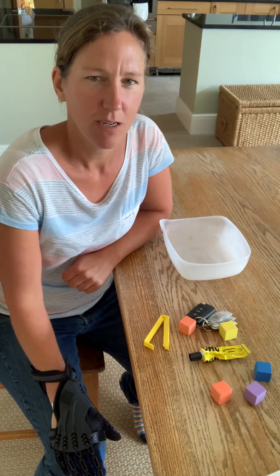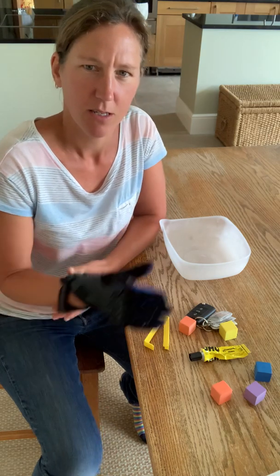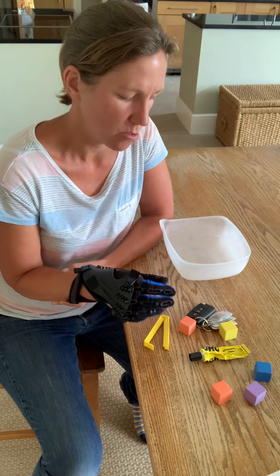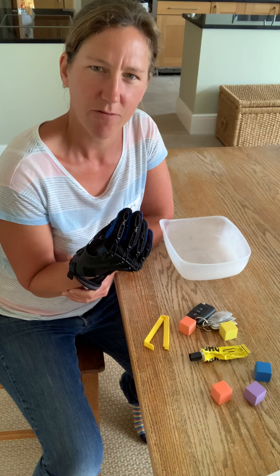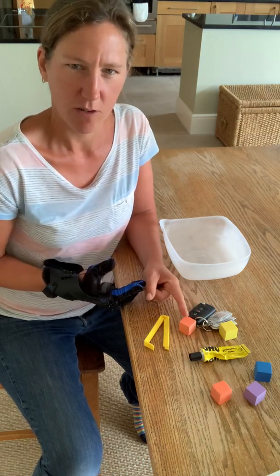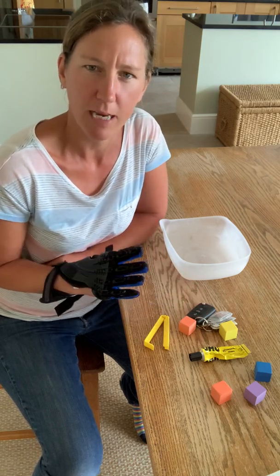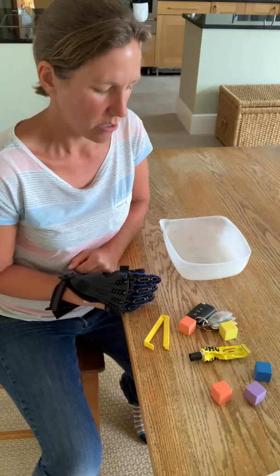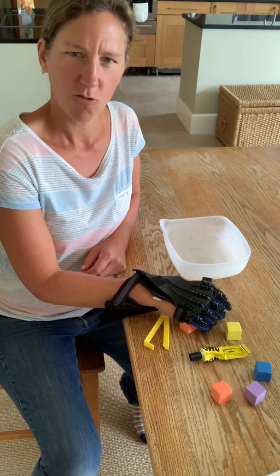In this video, I'm going to give you some high-level exercise ideas to practice with your SaeboGlove. These exercises are good if you're looking at more dexterous control and fine finger control with your glove. I've got a selection of different objects that are fairly small in size to practice manipulating with the glove on. Different things you can do is either picking the items up and trying to manipulate